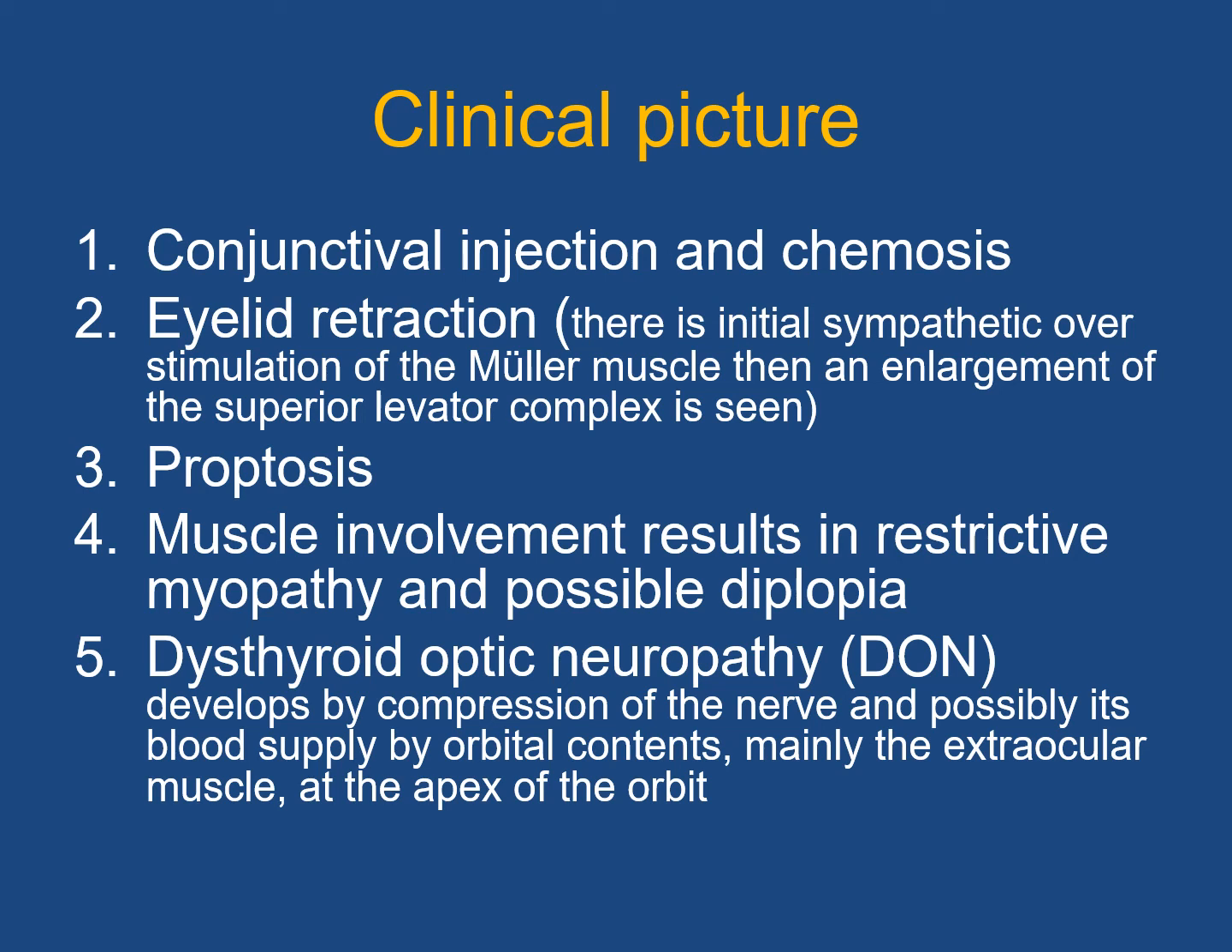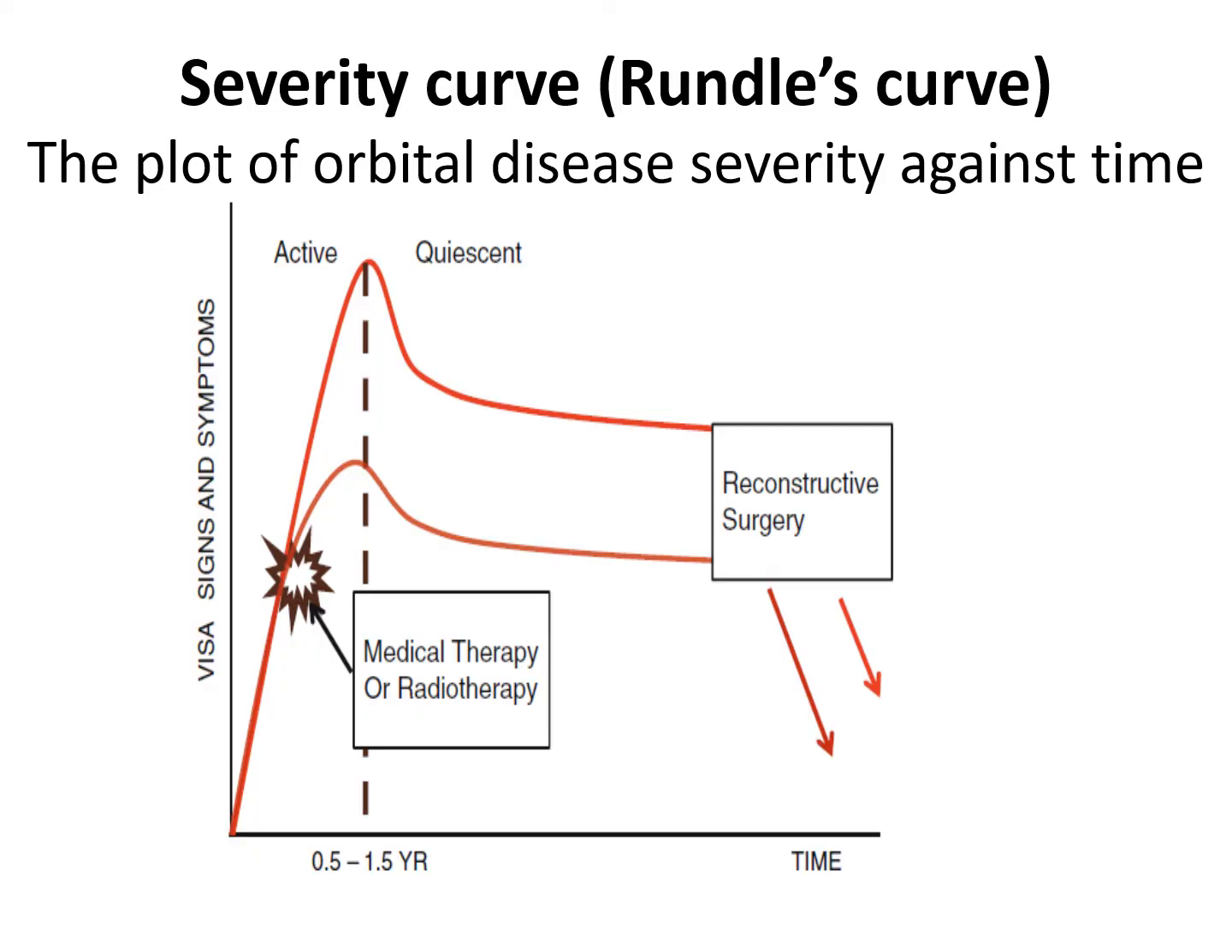Later on, the patient may develop muscle involvement, causing restrictive myopathy. And also, if there is compression on the optic nerve, it will cause thyroid optic neuropathy. If we plot the severity of orbital manifestations against time, we will find that the disease reaches its maximum within 6 to 18 months,